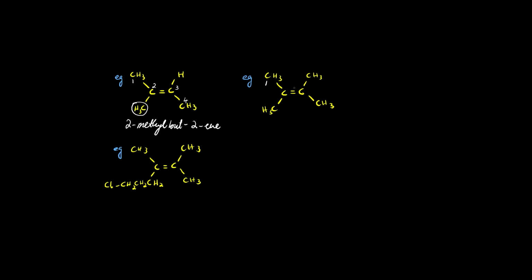You would see that this is the numbering, and these two are the branches, right? So let's name it. The branches are on the second and third carbon atoms, and the double bond is on the second carbon atom. So the name of this compound would be 2,3